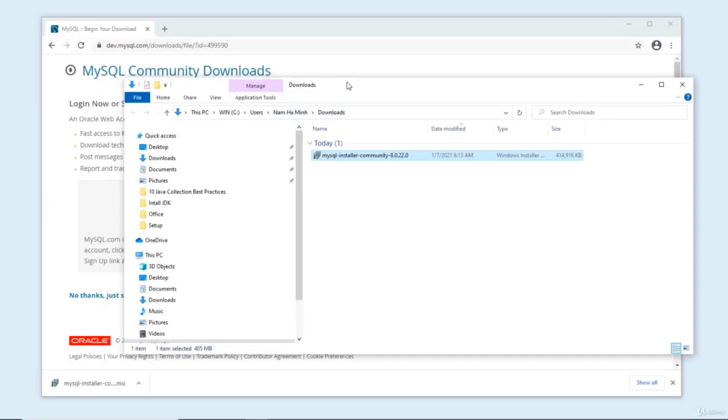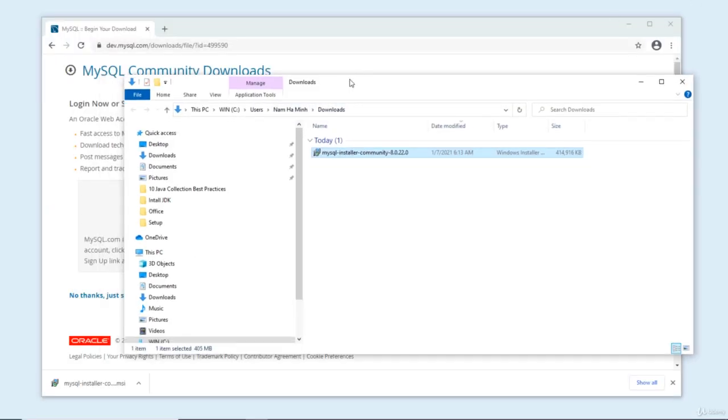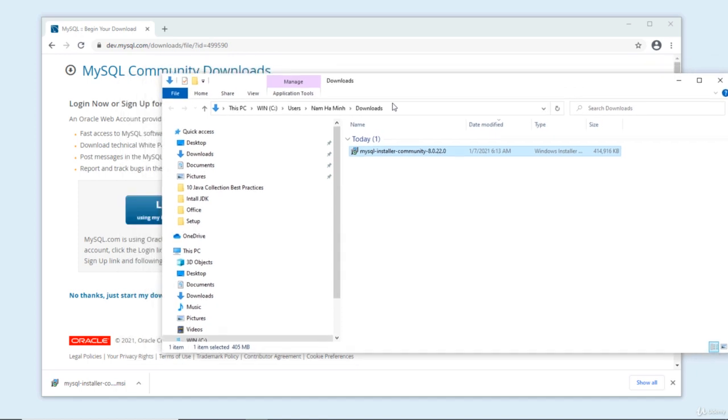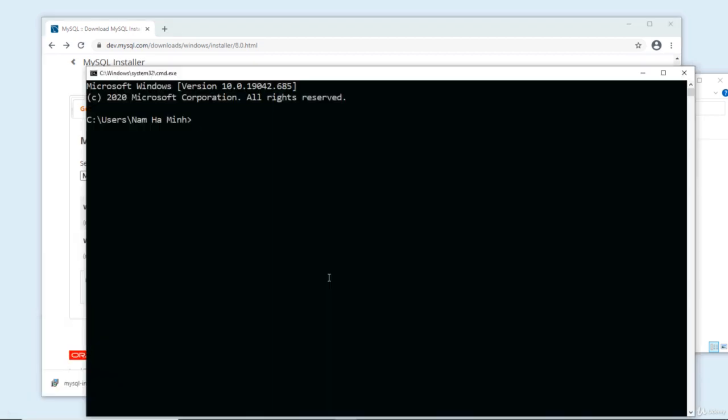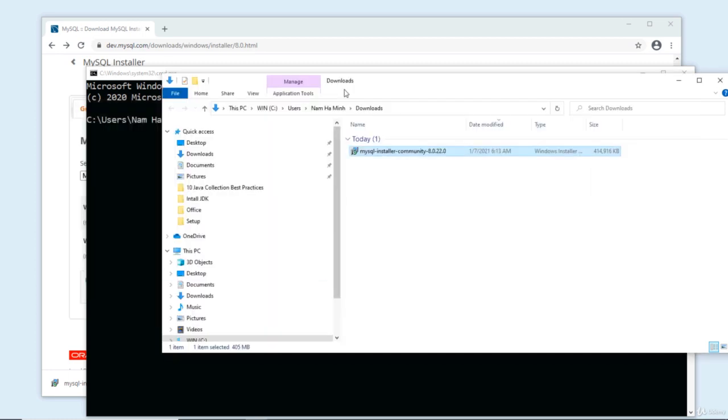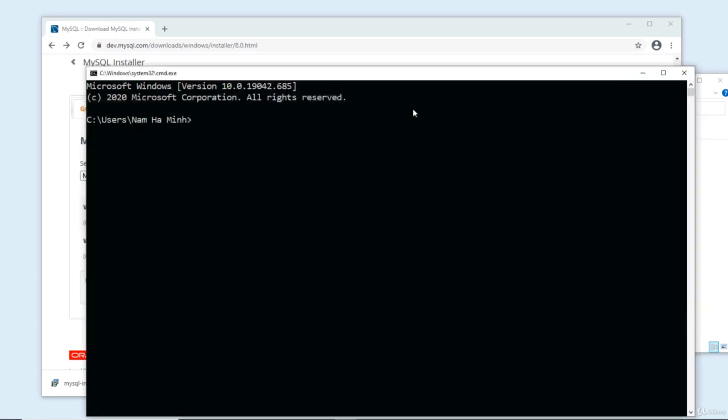and it is strongly recommended to verify the integrity of the installer program by comparing its checksum signature. Here you can see the MD5 signature of the installer published on the MySQL website here. And now we need to open the command prompt and change the directory to the Downloads directory here,